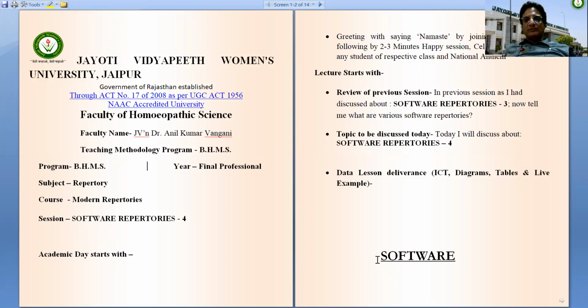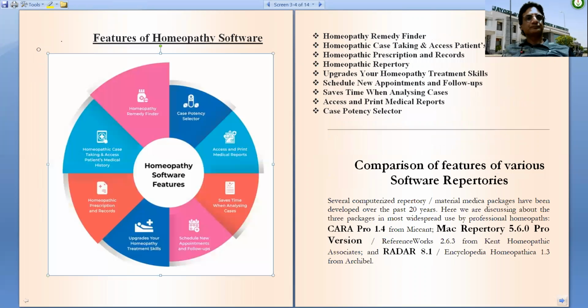So let's now move on to our lecture, that is software repertory part 4. As I have already told you, a good software should have all these features. It should be a good homeopathic remedy finder, a case potency selector. It should give access and print to the medical reports. It should save time when analyzing the cases.